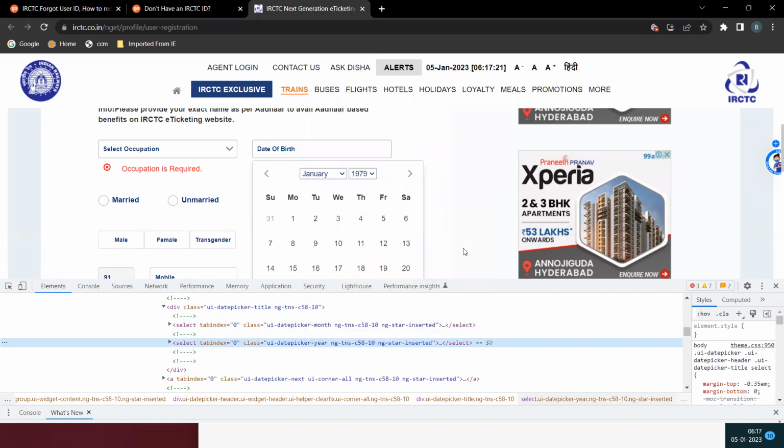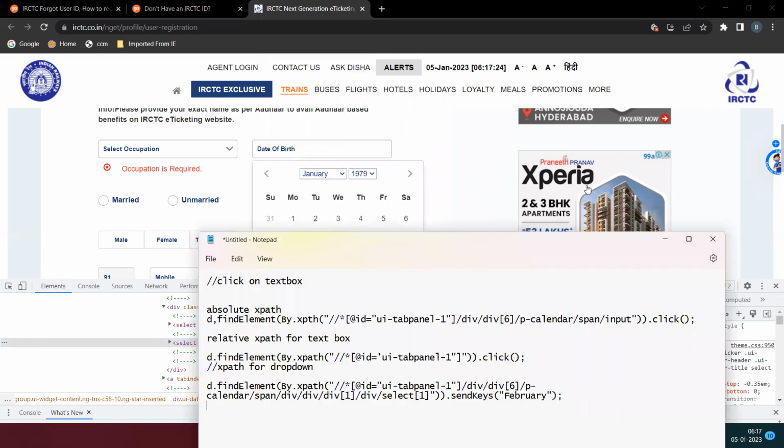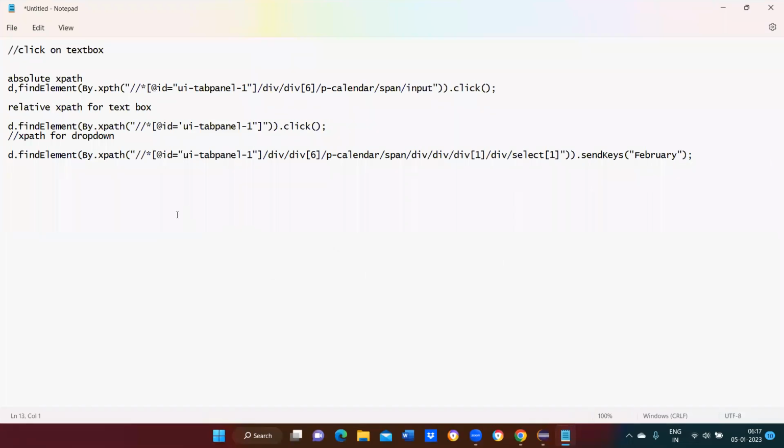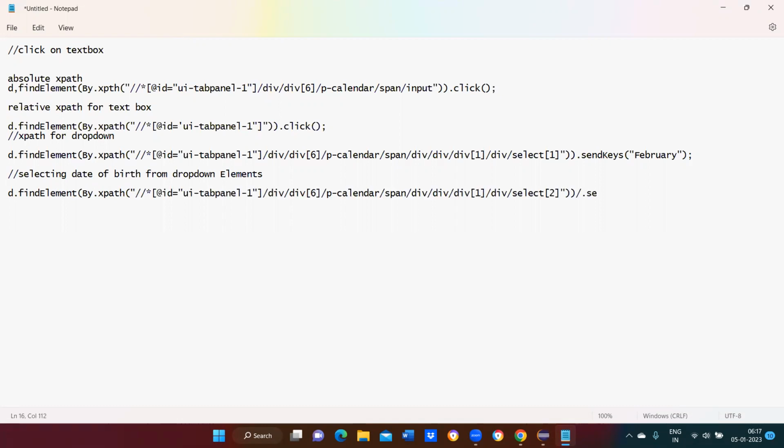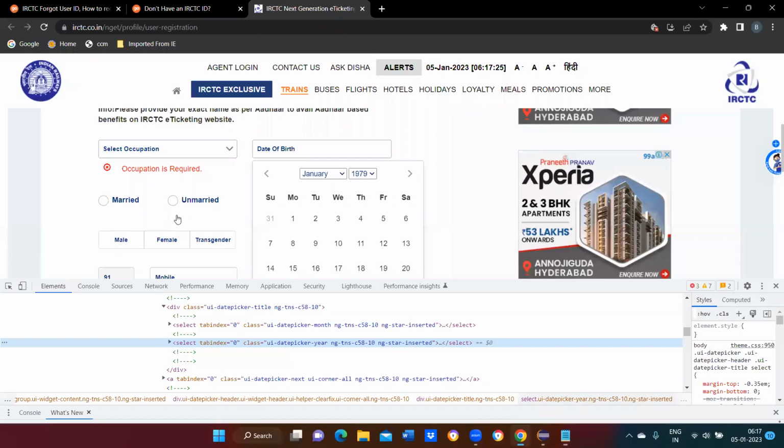Copy XPath. So we can write as selecting date of birth from drop down element. Okay, madam? D dot find element of by dot XPath dot send keys. Send keys of. So we need to write the format. So what is that? Date of birth is